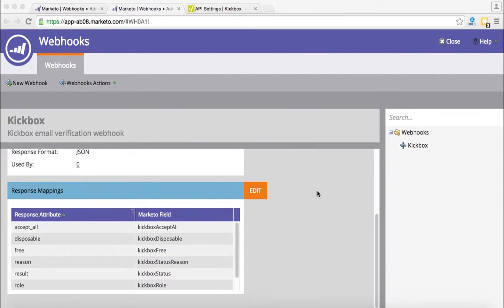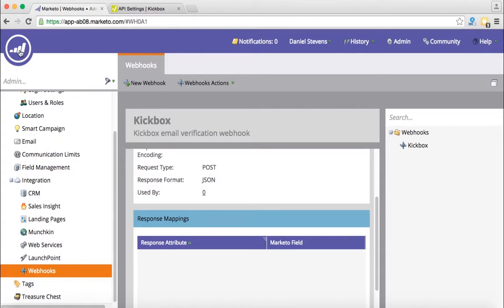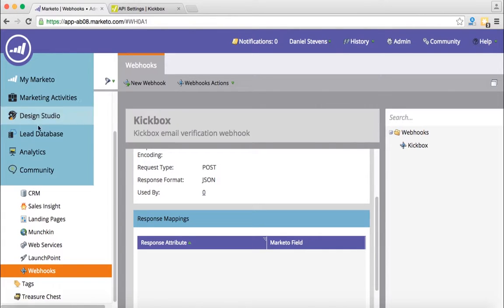Okay, so now your webhook has been created and your Marketo environment has been set up to receive Kickbox results. We just need to create the necessary forms and pages that will use the Kickbox webhook. We will demonstrate how to create a basic email capture form, verify emails with Kickbox, and then store this information for later use. To begin, create an email capture form by going into your Design Studio page in Marketo and